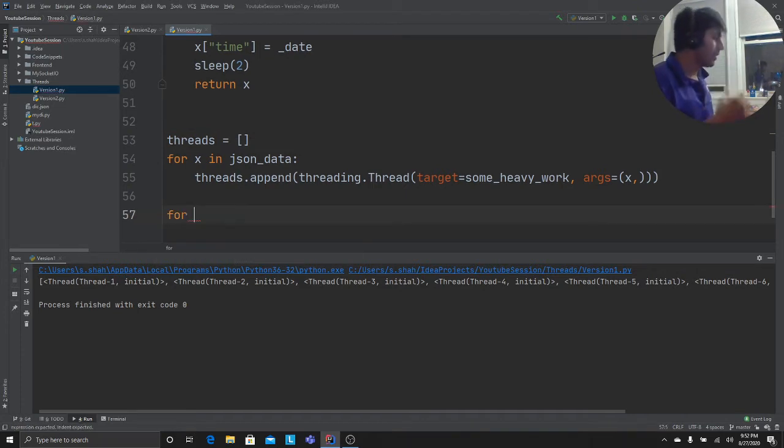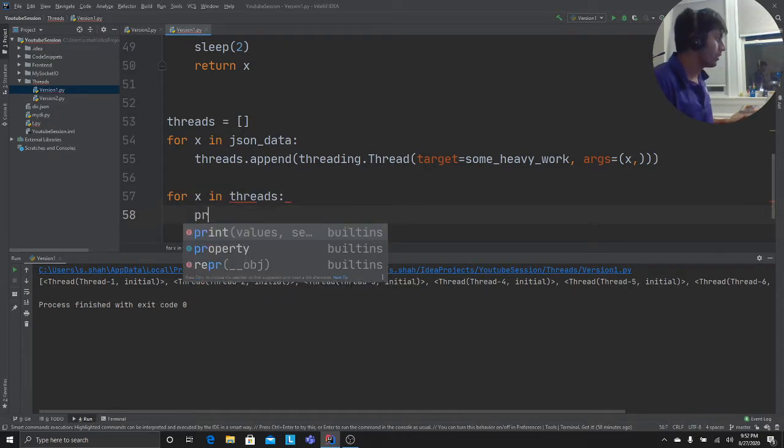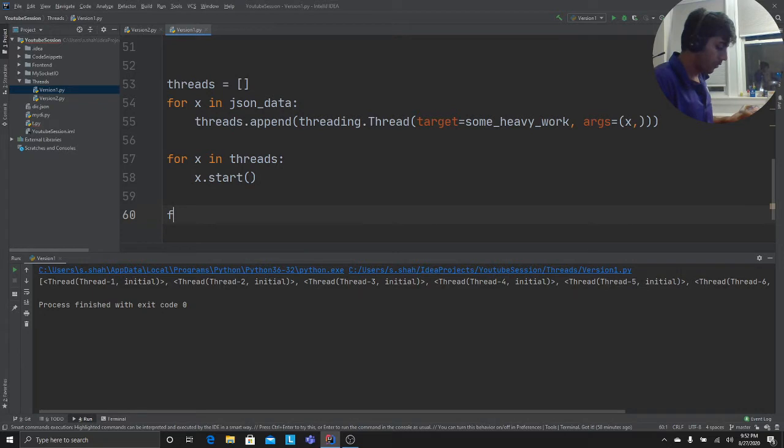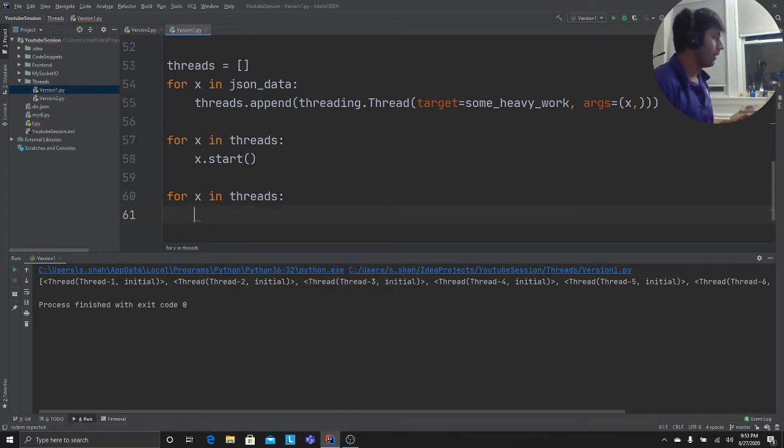If you wanna run the threads, you say for X in threads, because now we need to start all the threads simultaneously. We call the start method on that, and then once that's done, for X in threads, we want to wait until the execution of these threads is complete. So just do a join method here.